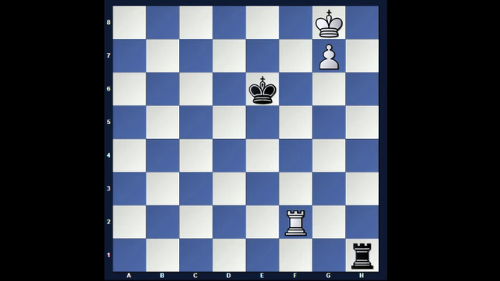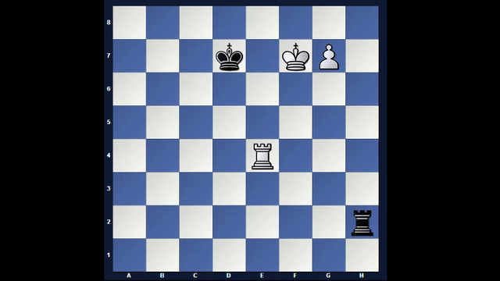And here white has reached the so-called Lucena position, or Lucena as the English may pronounce it. You probably know this already, but if you do not, the position with the pawn on the 7th rank and the king in front of it is always winning, because white can employ a technique that is called building a bridge. He brings his rook to the 4th rank, and then the rook can shield the king. At this point Boleslavsky resigned, because